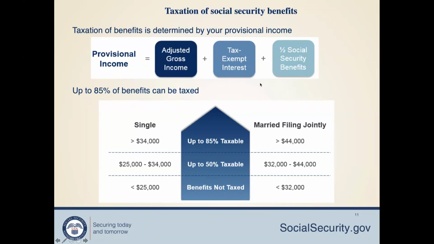Nari, 85% taxable, what does it mean? Is it the 44,000 bracket corresponding tax limit? No, what it says is, let us say you get 3,000 per month Social Security benefit, which means 36,000 per year. Out of 36,000, only 85% of 36,000 will be considered for actual taxation under the normal tax rates. The 15% you don't pay tax on. That's all it means.